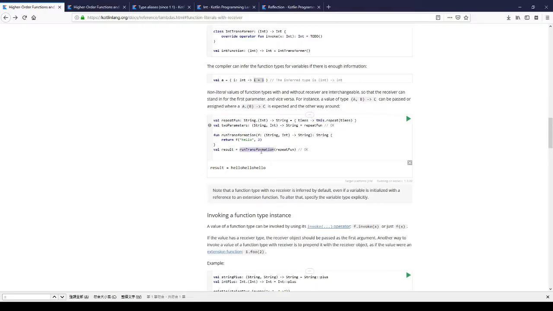So it's going to run this transformation f, and so repeat function. Anyway, it's going to run this transformation with parameter hello and 3. So with run transformation, we define the parameters to be used in f, and the f we're going to use is repeat function, which is of type